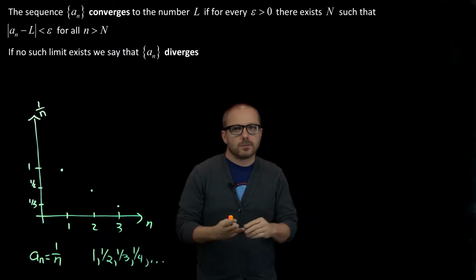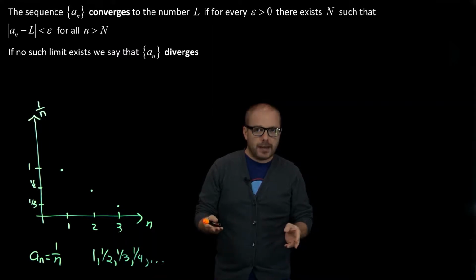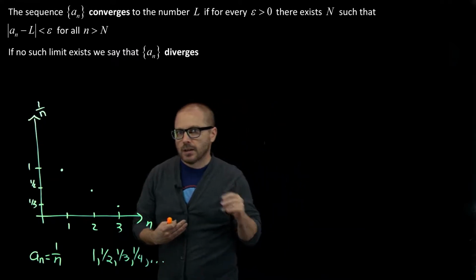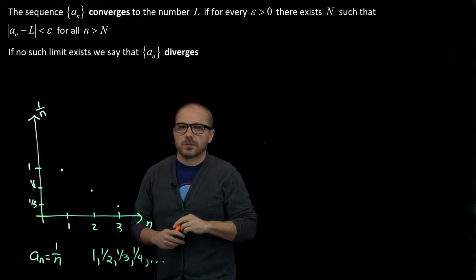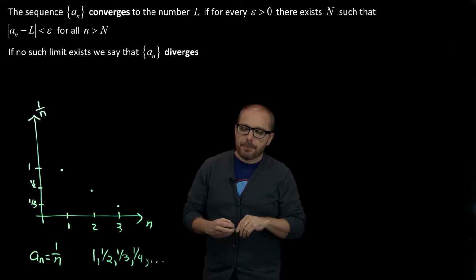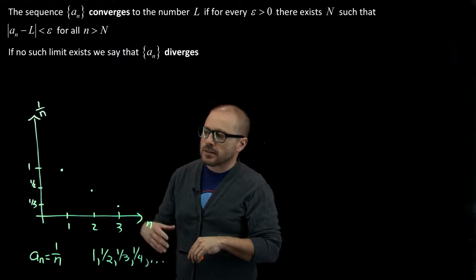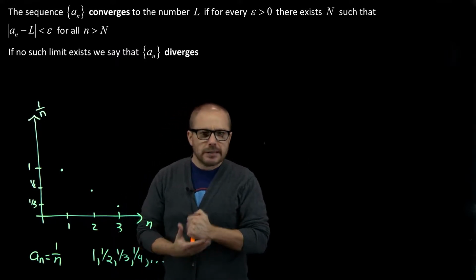So one of the things we'll be interested in with sequences is where they're headed. In the long run, do they converge on some value? Are the numbers in that list getting closer and closer to some value? Now, if you think about it, there's not much we can do with a sequence as far as limits are